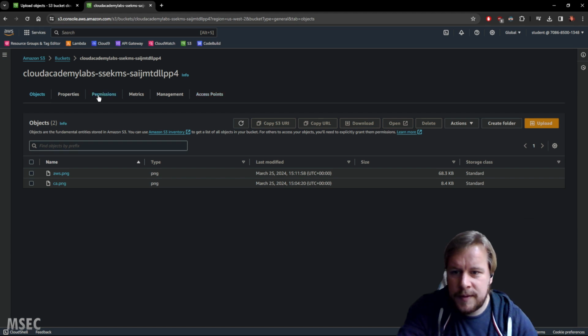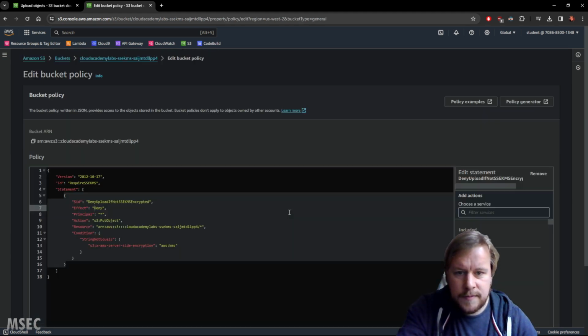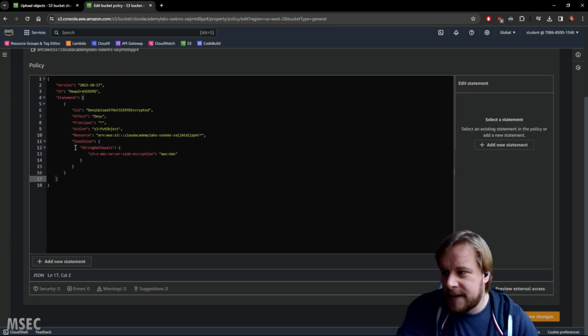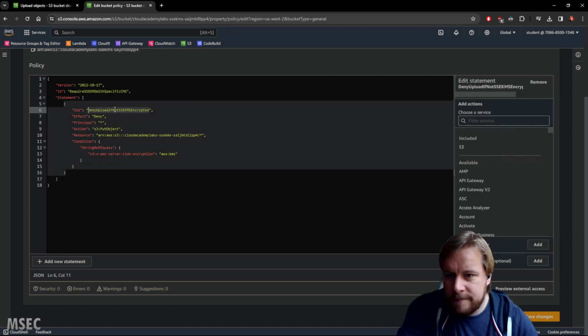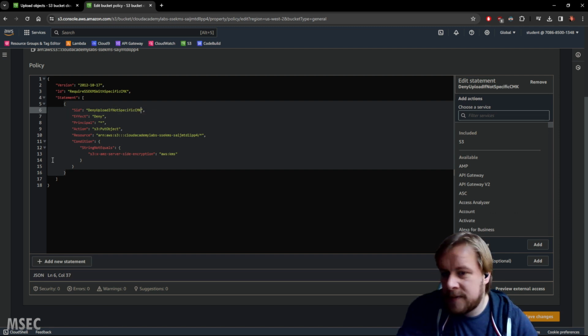So we go permissions. So if we want to change this so that it has to have a specific CMK, then we'll change this to be deny upload if not specific CMK, and we'll deny everything on the put object action within the bucket. This time we check for the string not equals, and then we've got another metadata. So this time we look at server-side encryption AWS key ID,